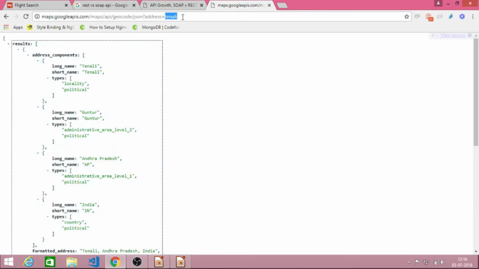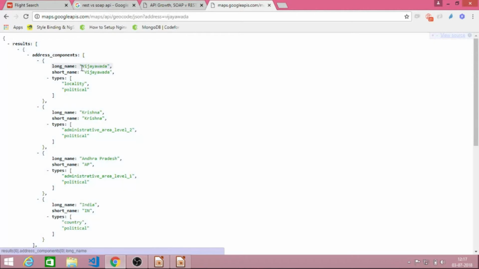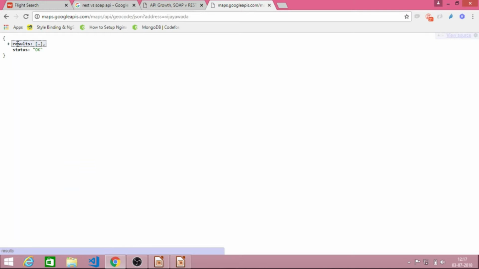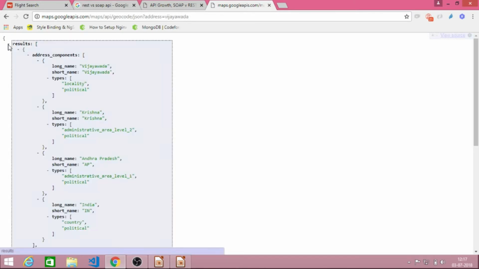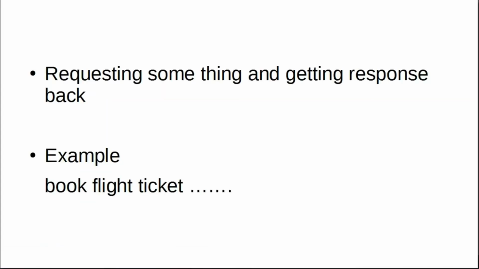We are requesting some data and we are getting the response. So that's simply an API. We are getting the data, and this is the JSON data. This is a REST API. So that's the example of API.